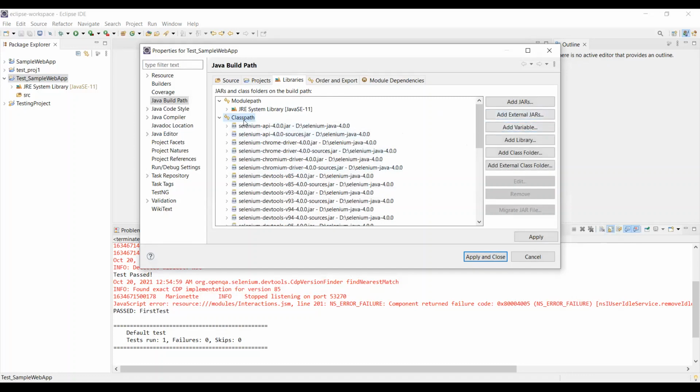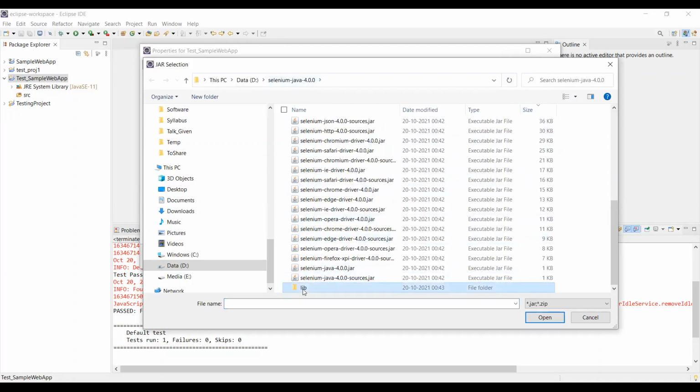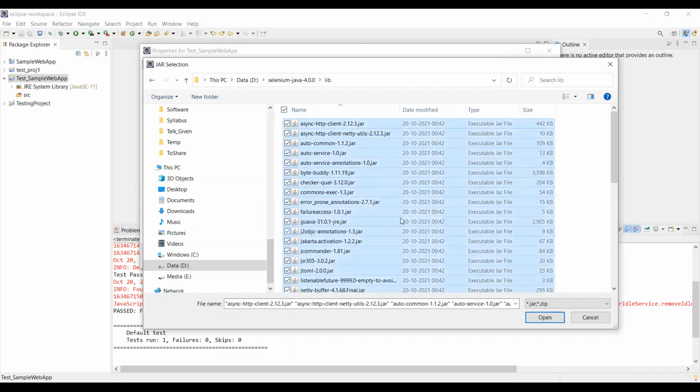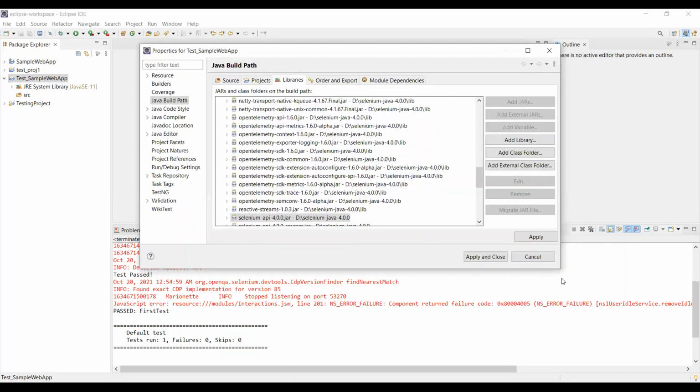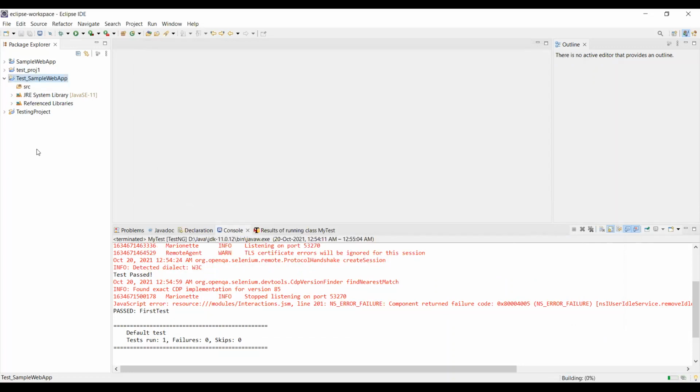Again, select the classpath, click on Add External JARs and add all the necessary library files. Right. So in this lib folder, select all the files and click on Open. Click on Apply and Close. Right. So you have all your Selenium files now integrated with Eclipse.